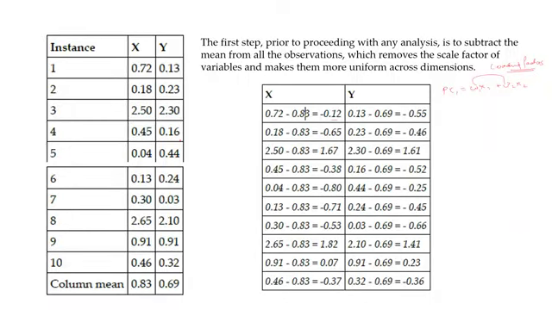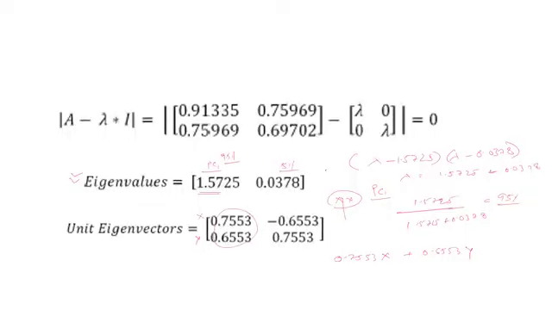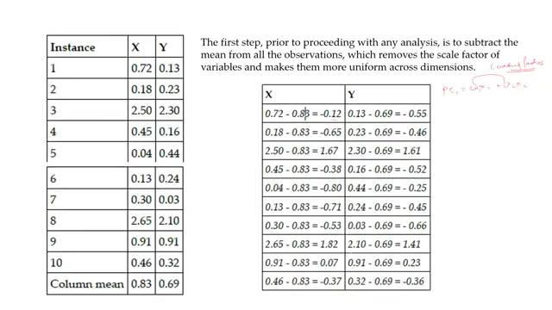Okay. For principal component 2, it will consider this eigenvector. Where this is your PC1, this is your PC2. PC2 would be minus 0.65x plus 0.7553y. Okay. So now by using these two equations, you can generate PC1 and PC2.